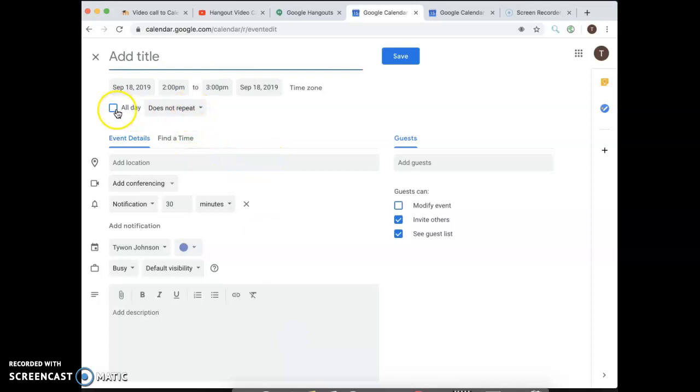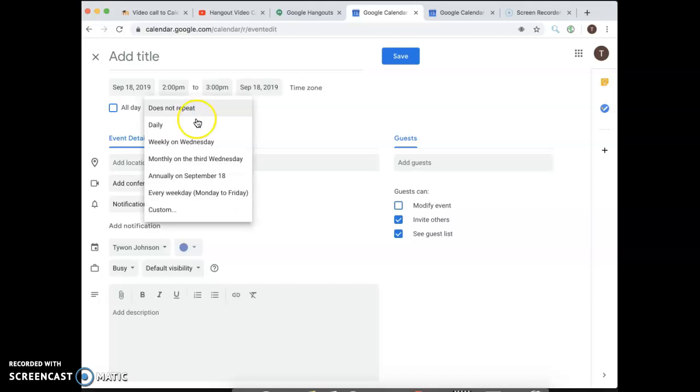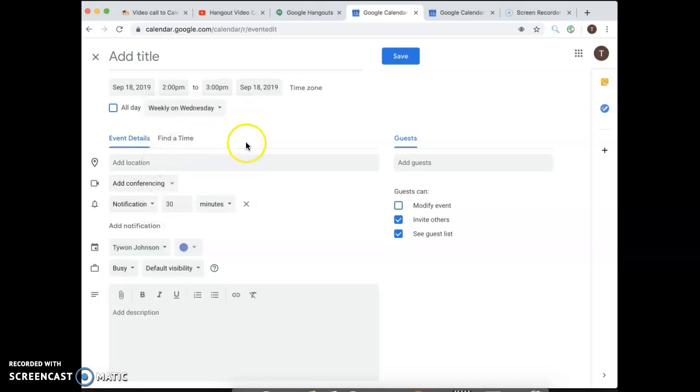Don't check all day, because it's not an all-day thing, obviously. Click weekly on Wednesdays. After clicking weekly on Wednesdays, you're going to add a conference call and make sure it's on Hangouts. After seeing it's on Hangouts, you can add guests so they can join into the conversation for the weekly video call. Depends on how the business situation is going with y'all. And after that, you hit save,